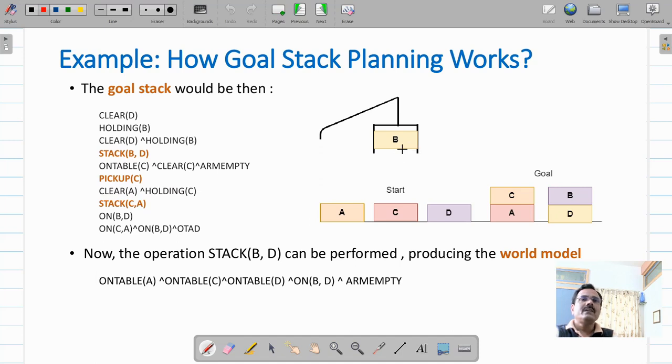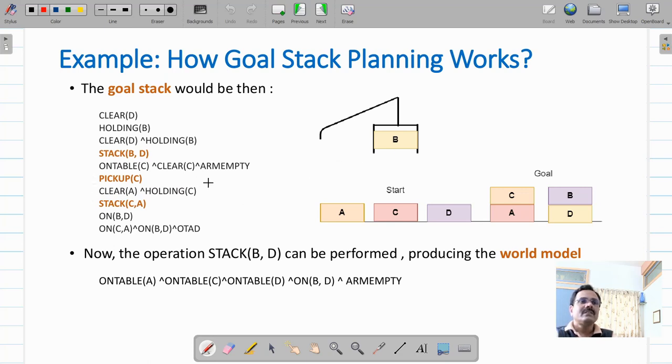Now if you choose stack XY, so stack B, that means, and Y will be some other block. If you look ahead, you will find you will have to satisfy on BD. So right now itself, if you put this block B on block D, then one of the sub goals can be achieved. That will save a lot of work ahead, and the arm will be empty in that case. So in one shot you are going to perform two things, but for that purpose you should look ahead.